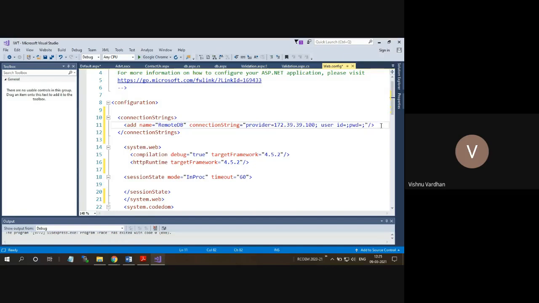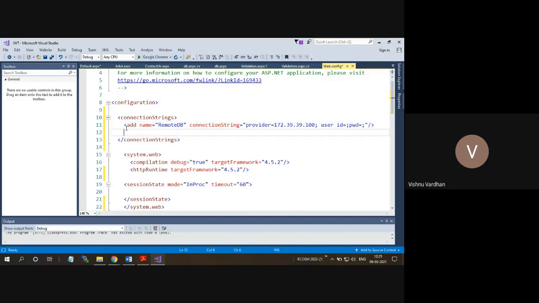Okay. So similarly, if you are working in a development environment, then also you can have one more implementation like setting with this local DB, and this can be your local host address. Okay. So provider is equal to this particular local host.